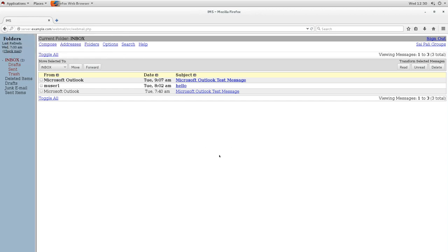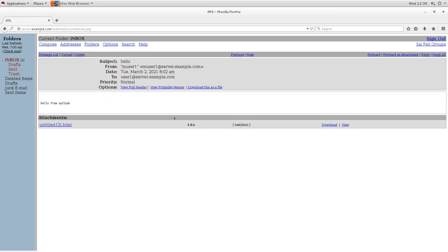You can see it is looking like a basic Gmail. Here you can see these mails. You can read the mail. You can reply. There is an attachment. You can download the attachment. You can view the attachment. These are your mails, inbox, junk mail.